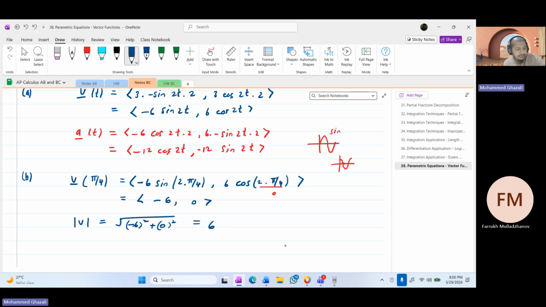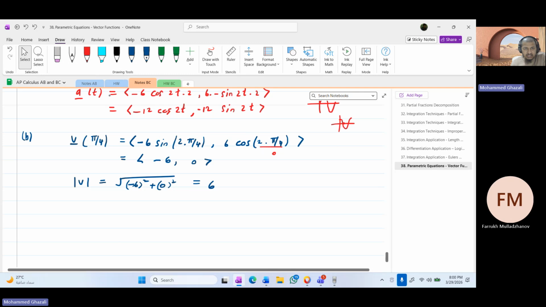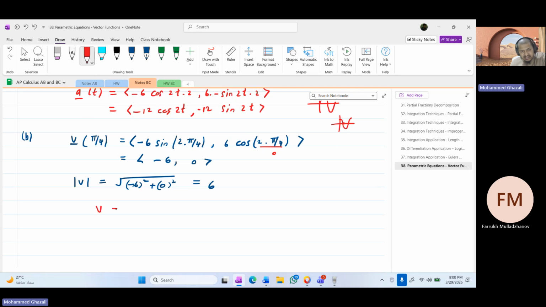So that is just 6. Make sense? Yeah, makes sense. So that's what you do. You always take the absolute of it. When you take the absolute, it means you square the components and take the square root. It means to take the magnitude of the vector, right? So if you have vector A, B, taking the absolute means you're finding the magnitude of the vector. It becomes the square root of A squared plus B squared. It means magnitude